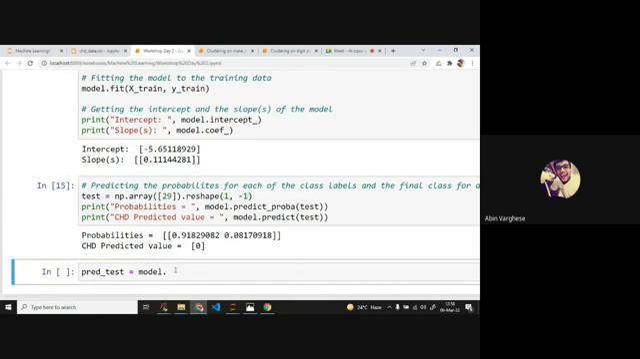Okay, perfect. So here now I will say plotting predict_test is equal to model.predict_proba of X_test, and